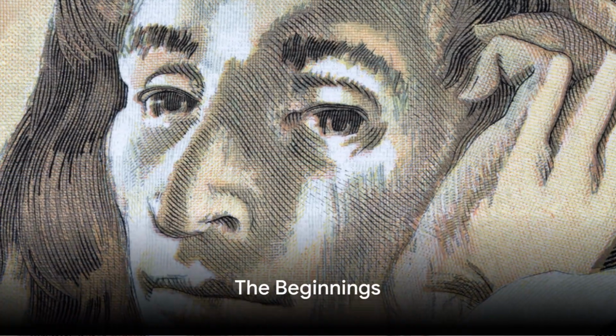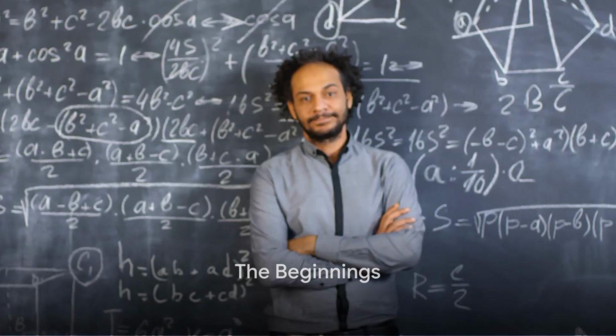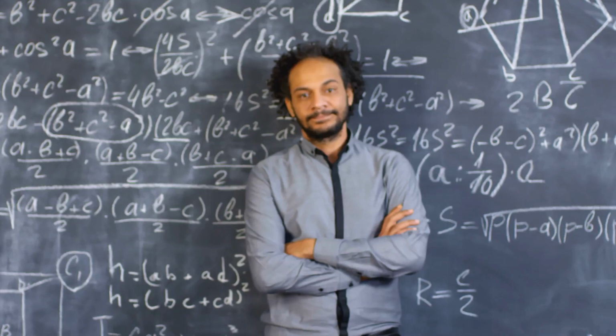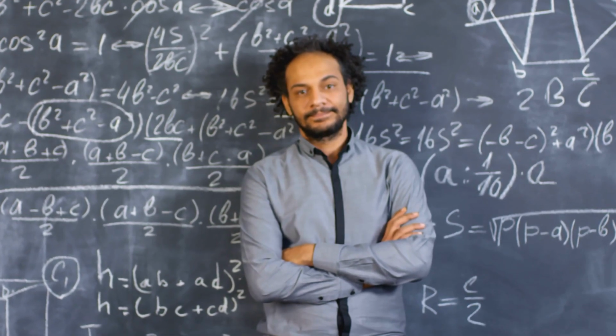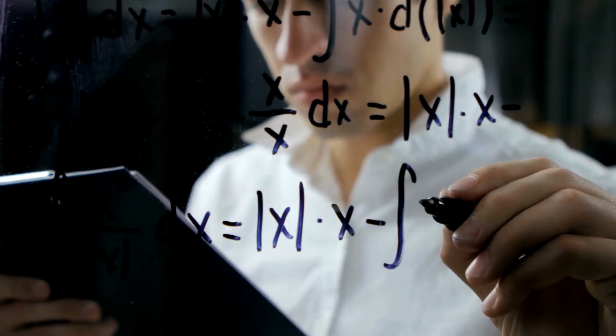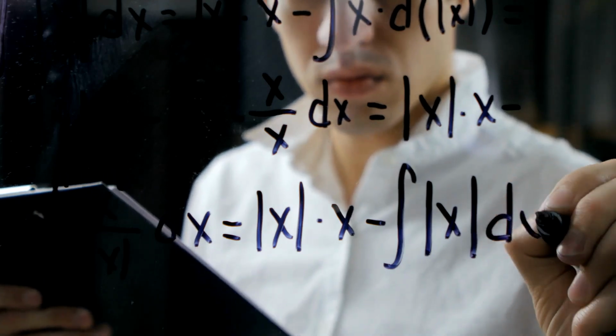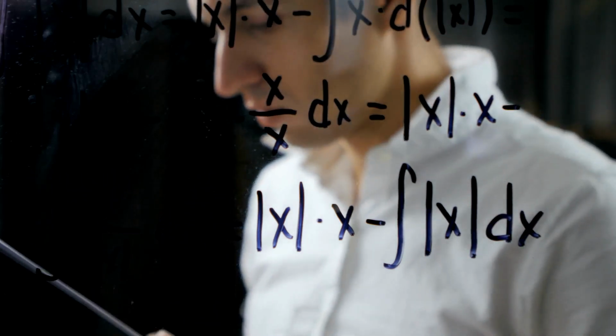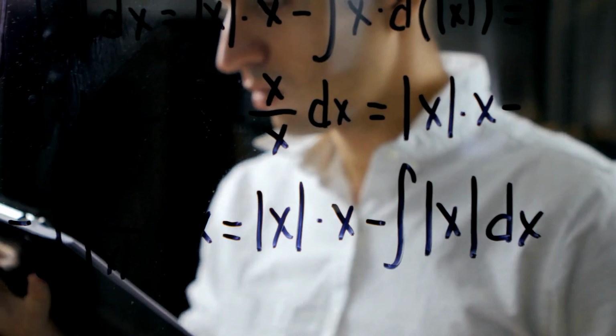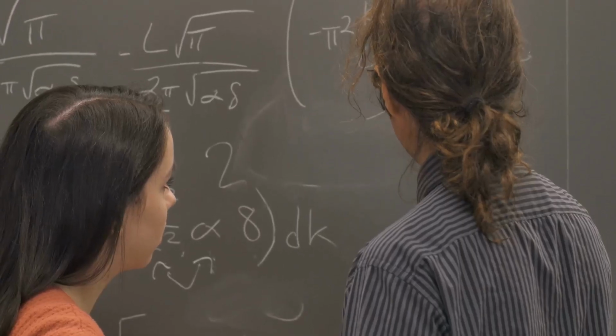Ever wondered how the intricate device you're using to watch this video came into existence? Let's journey back to the 17th century. Our voyage begins in the year 1642 with a brilliant French mathematician named Blaise Pascal. This young prodigy, at just 19 years of age, gave the world one of its first mechanical calculators, the Pascaline.